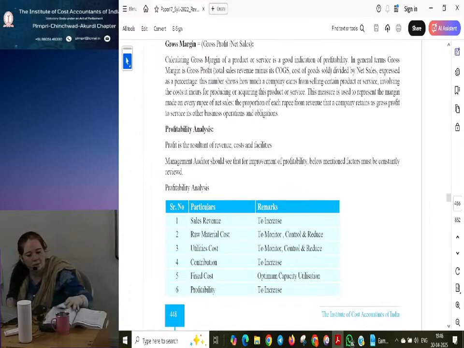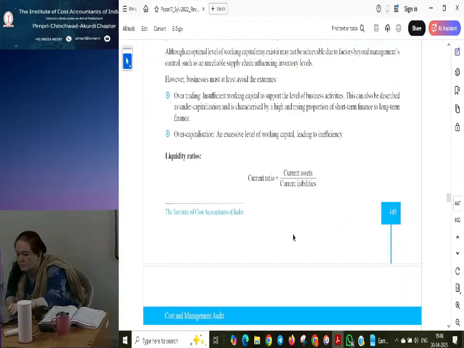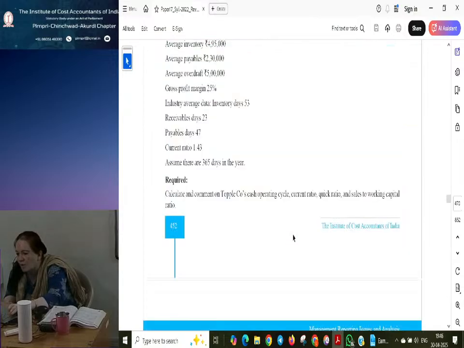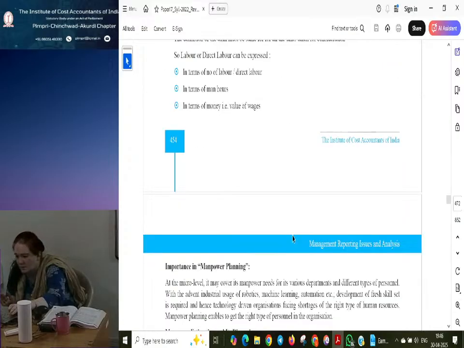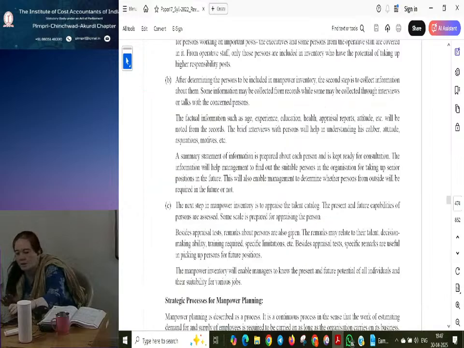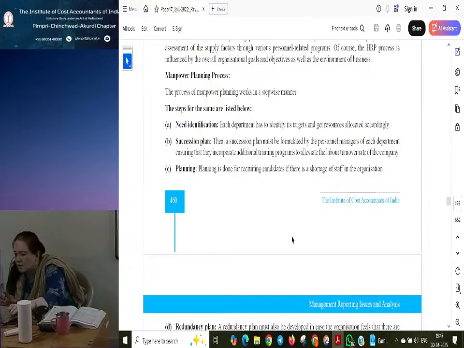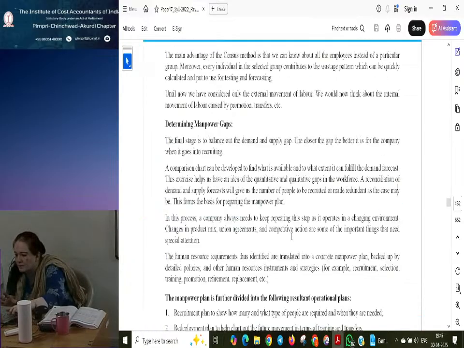I'll tell you the page number, 462. All these things have working capital ratios. We have already worked on working capital ratios. For sure you get a 10 marks question from ratios. We have already worked it out from the previous year question papers, if you remember. So let's do this problem. This is very interesting. Just a minute.